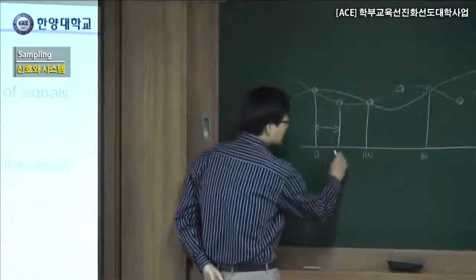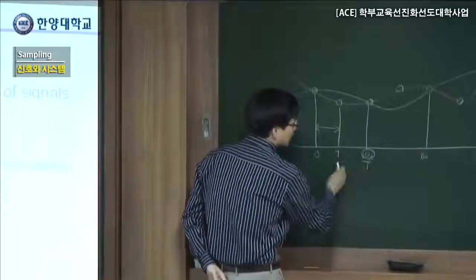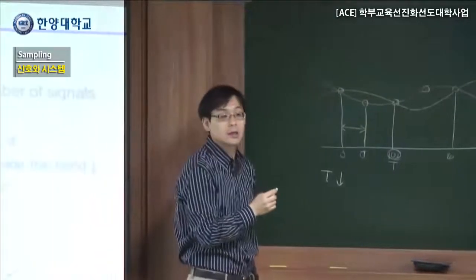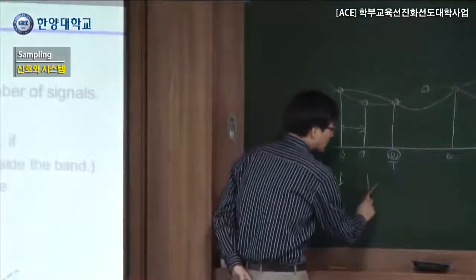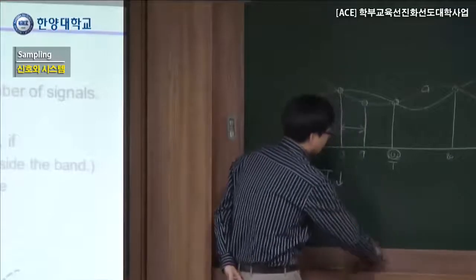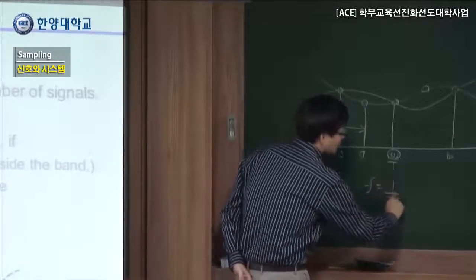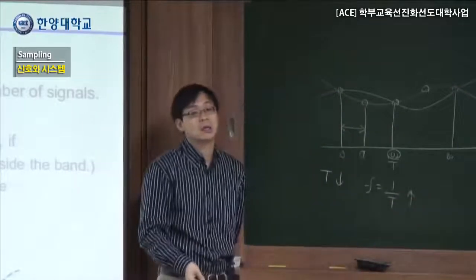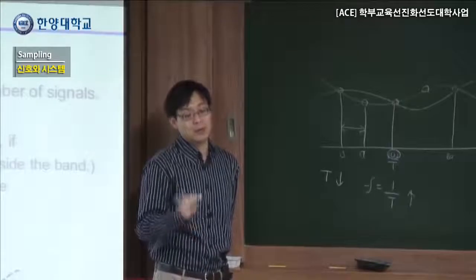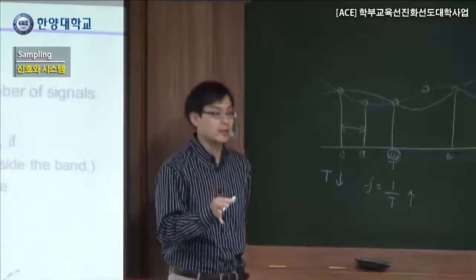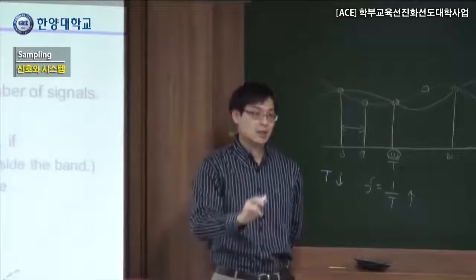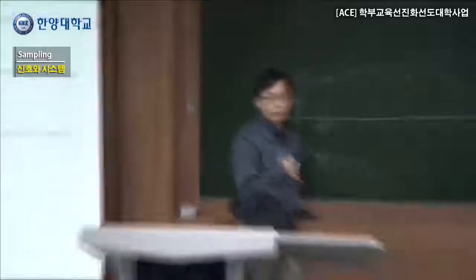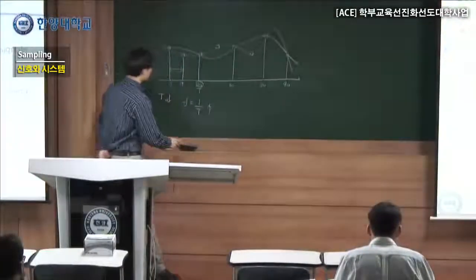So what we mean here is, this is t, spacing is t. So what we have to do is reduce t, right? In the case of frequency, what is it? Basically 1 over t. So frequency-wise, we have to increase the frequency. So we will learn about this later, Nyquist's theorem. Nyquist's theorem here is at least 2 times larger than the signal's frequency. We have to do the sampling.